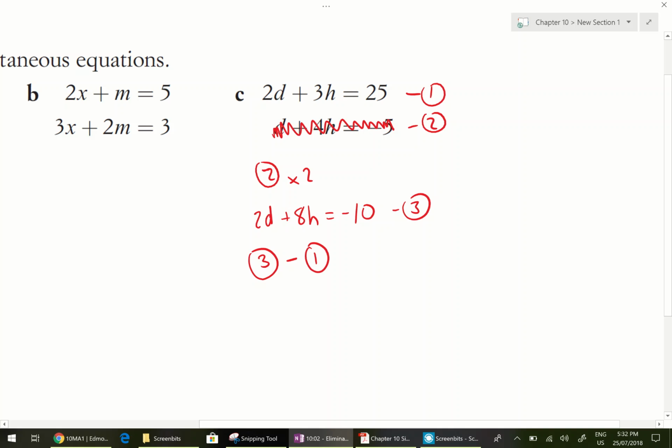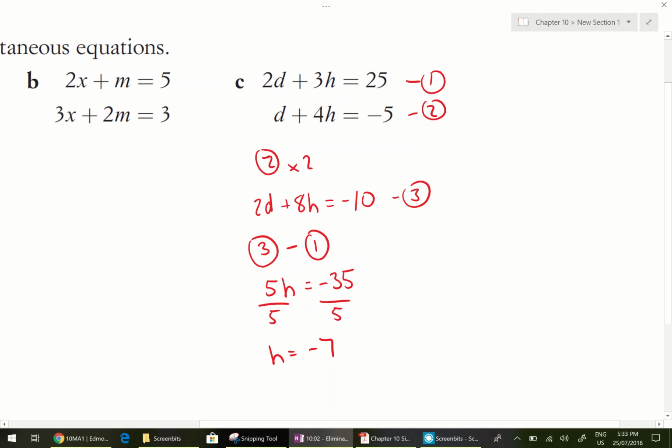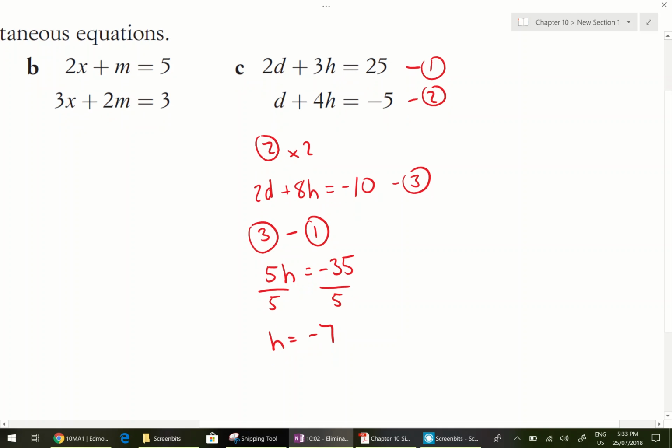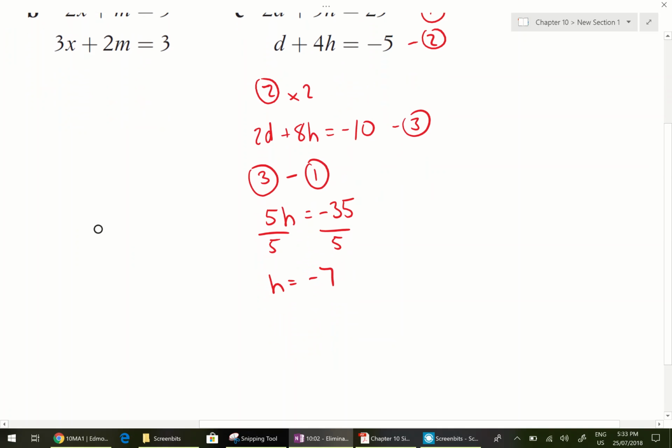2D minus 2D, they're going to cancel. 8H minus 3H, that gives us positive 5H. And negative 10 subtracting 25, that's going to give us negative 35. When we divide by 5 on each side, we get H equals negative 7. That's our first solution. Now we'll come back and use equation 2 because it has D by itself, so that's going to be the simplest equation to solve. So we're going to sub H equals negative 7